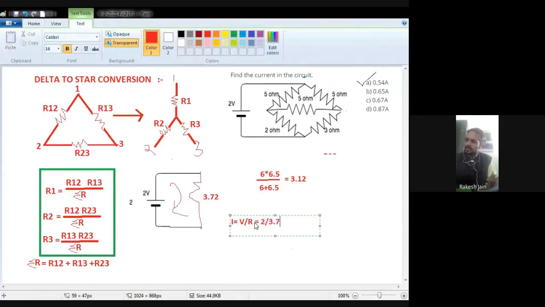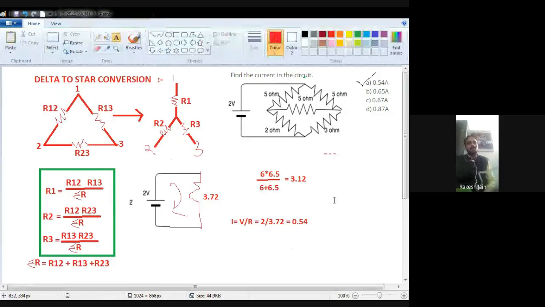Now see the question. Now these two resistances, 6 and 6.5 ohm, both are in parallel, because one point is connected here and the second point is also connected with each other. So 6 and 6.5 ohm resistances both are in parallel. So we will solve this parallel value. So 6 multiplied by 6.5 divided by 6 plus 6.5. So what will be your answer? Now see very carefully, fast. 6 multiplied by 6.5, that will be your 39 divided by